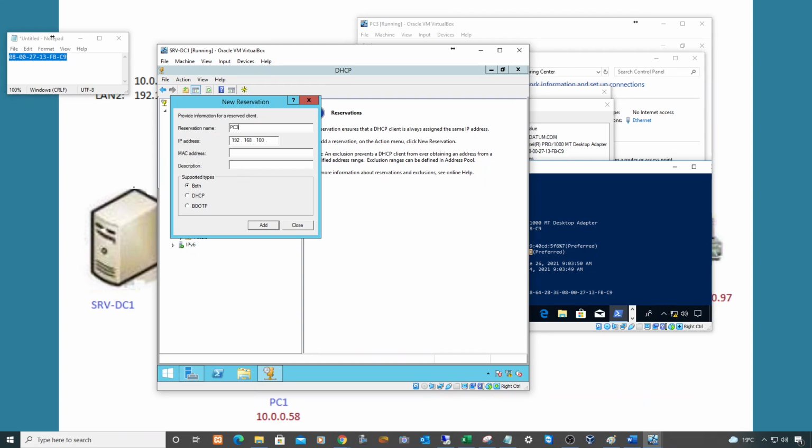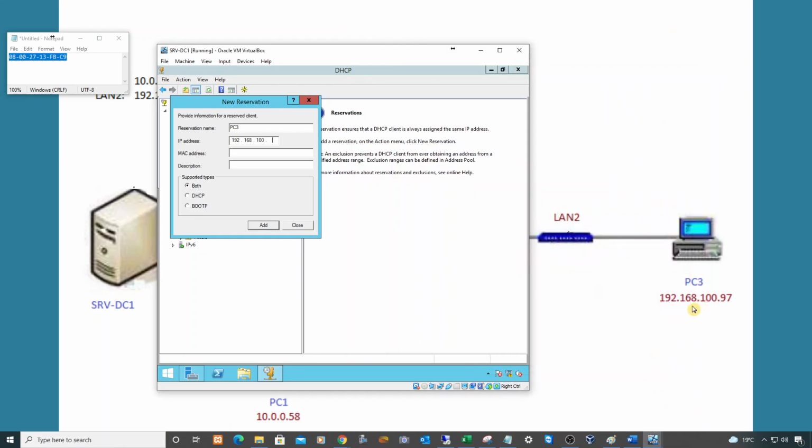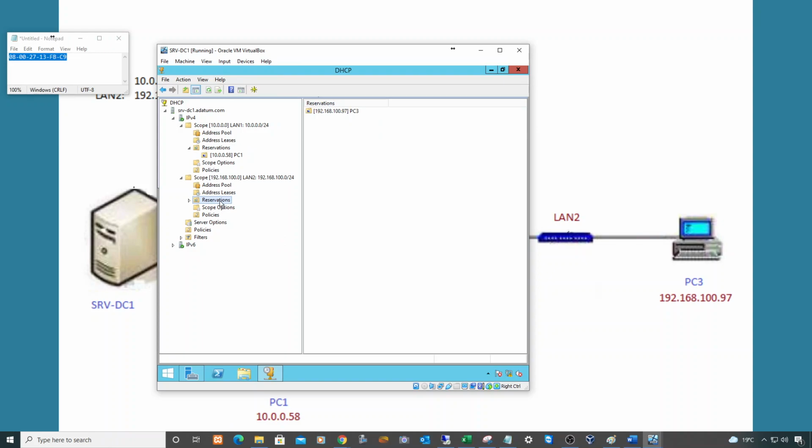So this is PC3, and the address that I want to give to PC3 is 192.168.1.97. The MAC address is this MAC address here. I can put a description or not. It's optional. It's not mandatory. And I'll click on add and close. So now I see that I have the reservation here for PC3. And these are the default gateway and the first DNS and the domain name that will be assigned to that